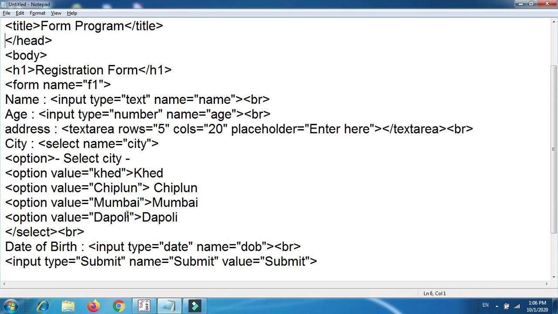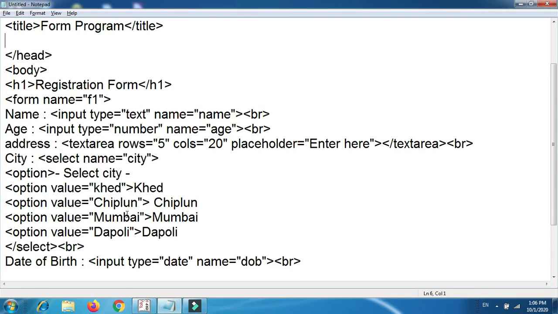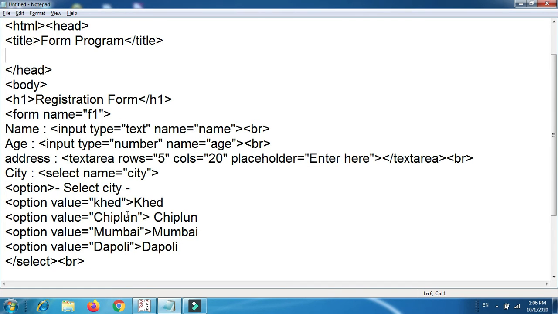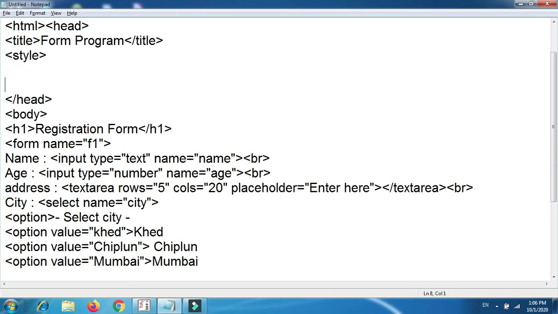Now one more main thing remains, that is the CSS part. The last point is that the heading of the form should have an orange background color with different font styles, okay. So I'm going to add an internal style sheet. We require the style tag. Style is a pair type of tag. Inside style you can put an attribute as well, like type equals to text slash CSS. CSS stands for cascading style sheet, okay.